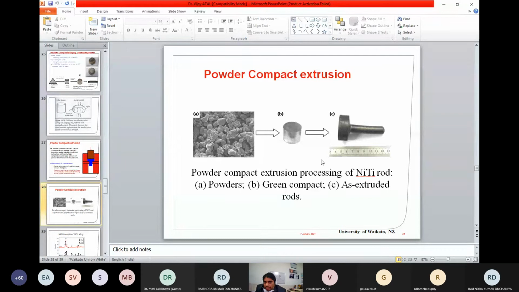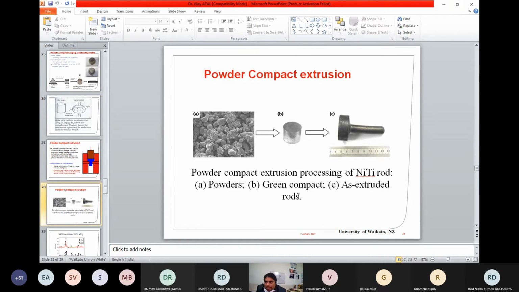So for the production of this type of net shapes, for the production of different rods, or if you use a mandrel, you can also produce a hollow tube for this type of material. It becomes very challenging, and also it is very, very promising. Here, the usage of lubricant becomes very important.